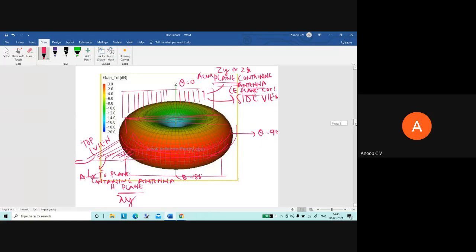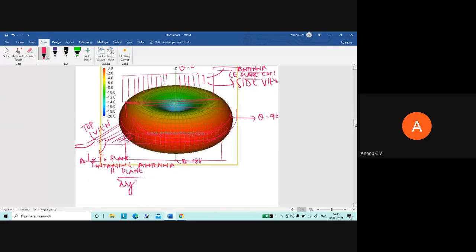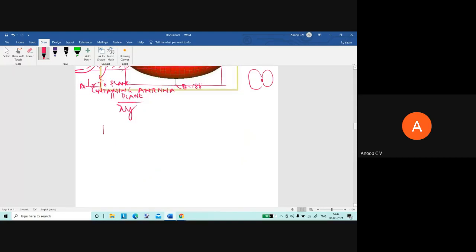Even though it's a donut, it's more like making an apple with a balloon, you might have seen that. It's connected somewhere here; it's not hollow. So if you see from the top, what will the H-plane view be for a dipole? It will be a